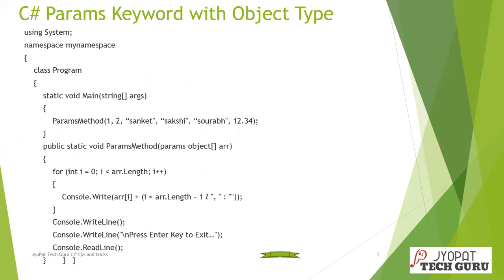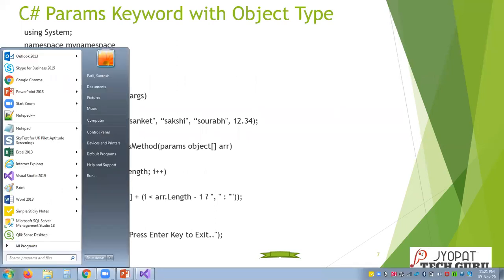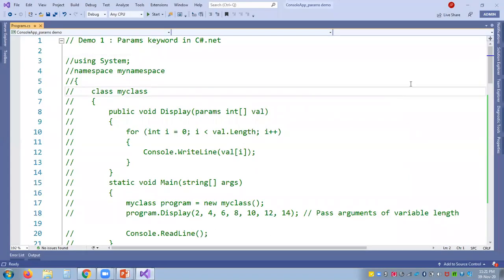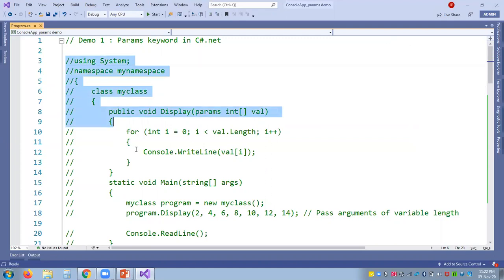Let us see all these things with an example. To honor the time, I have already written the programs and I'm going to explain all the programs in detail. Here we have around 3 programs. The first one is